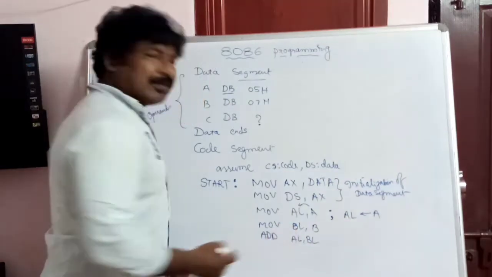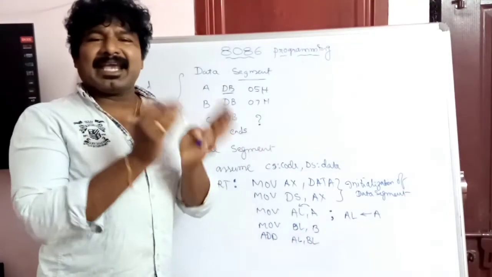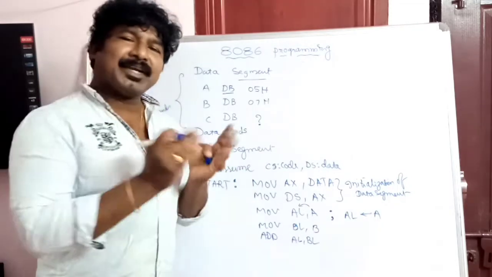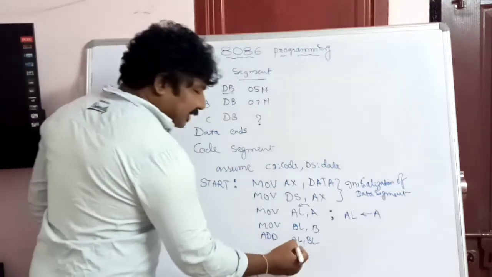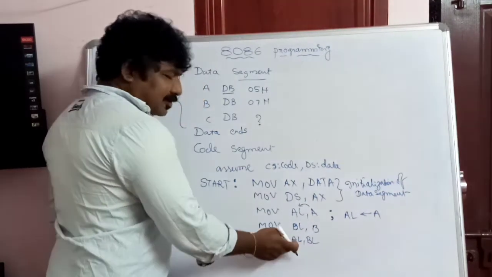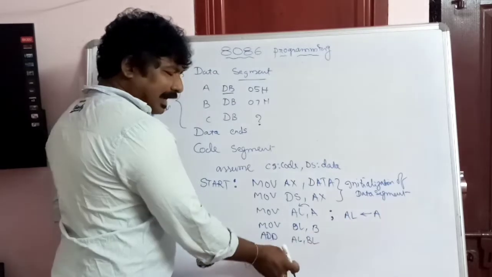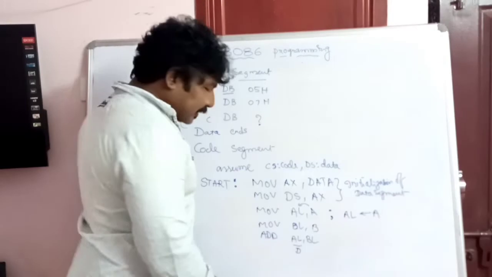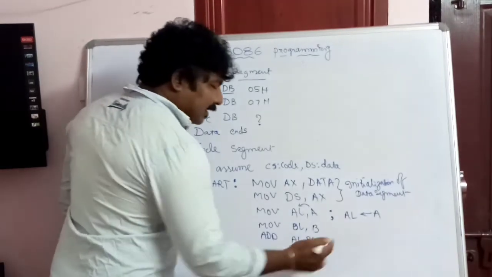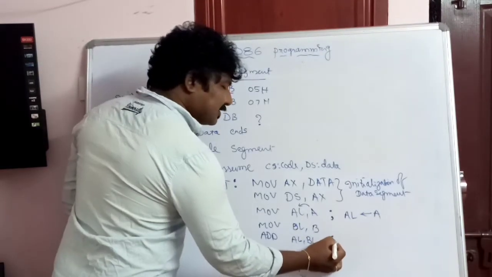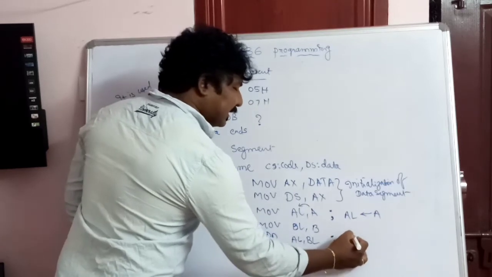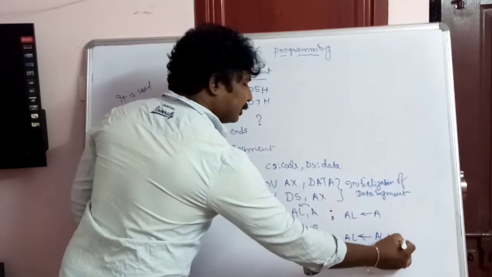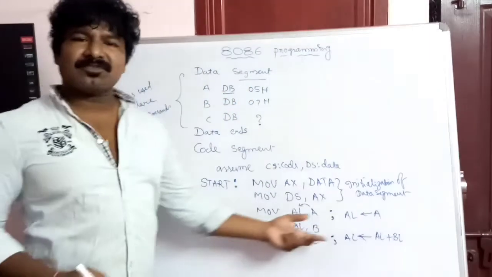So what does it do? It will add both the registers: the contents of AL are added to the contents of BL, and the result is again stored into the AL. Just look at this, ADD AL, BL. This is operand 1, this is operand 2, both will be added, and operand 1 obviously works as the destination. Here I am just writing a comment: AL will get the sum of AL plus BL. This is how I can write a comment for this.